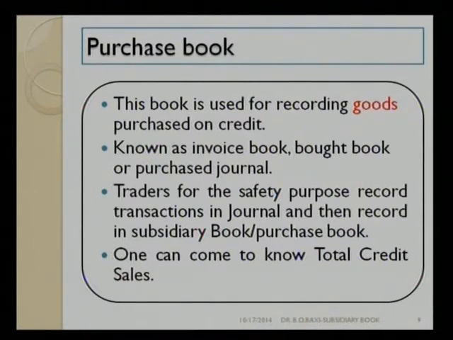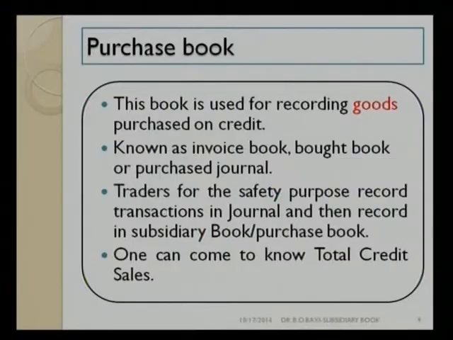Now here let us clarify one more thing. Suppose I am a merchant and I am dealing in electronic items. So television set is considered to be goods for me. But if I am a tea and sugar businessman and if I am purchasing television set, then it will not be treated as goods, it will be treated as asset. So one should take note of this thing, what is goods and what is asset in that case.